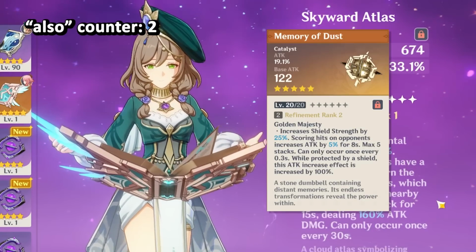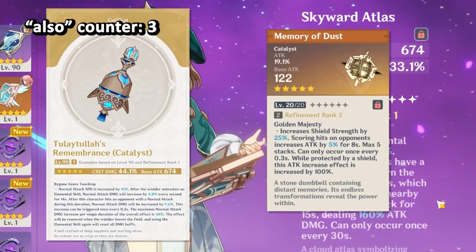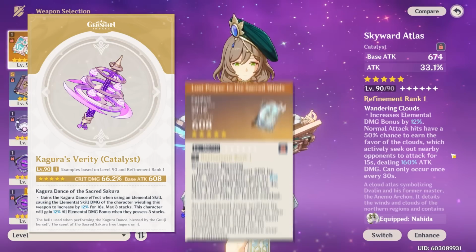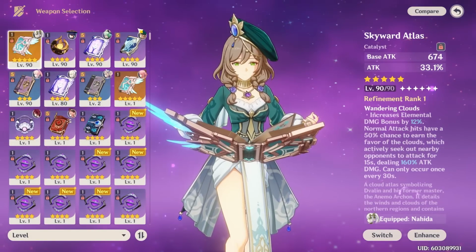And also Memory of Dust is okay, especially if you are shielded. Oh, and also Scar's signature is viable, but not the best one. Now, pretty much all of these 5-stars are honestly really good, so if you have any, you should probably use it, with the best ones being Kagura's Verity, followed by Lost Prayers and Floating Dreams. With that said, there are some 4-star options that come close in strength that can even sometimes be better, especially